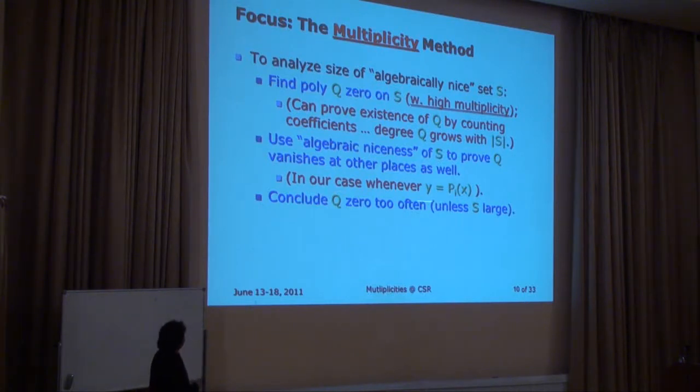Once you've proved that it vanishes at other places, you find out that you have a low degree polynomial which is 0 too often, and you're done. This is the method of multiplicities. So the only change compared to the polynomial method is now we're just saying, when you find the polynomial, it should be 0 with high multiplicity on this set. And for some impenetrable reasons, this has very often given improvements over the version without the multiplicities. This remains a mystery to me today, and it just works, so we're happy with it.